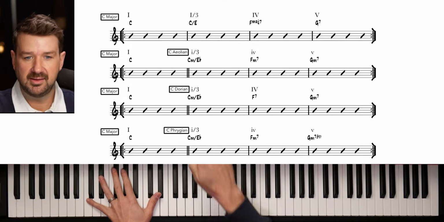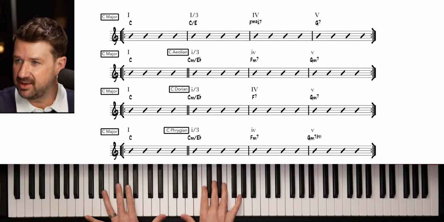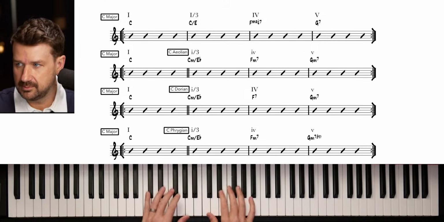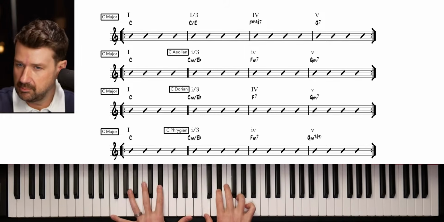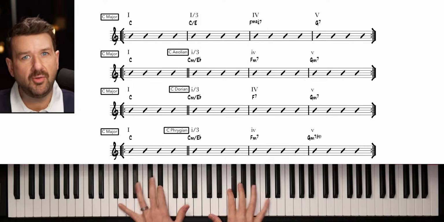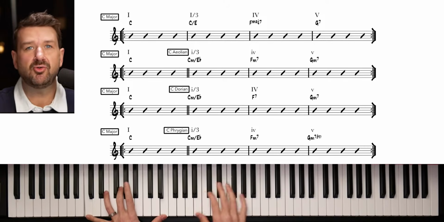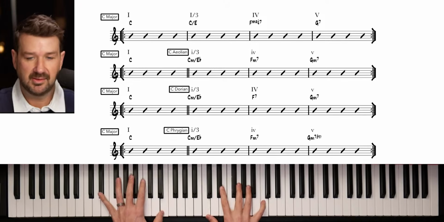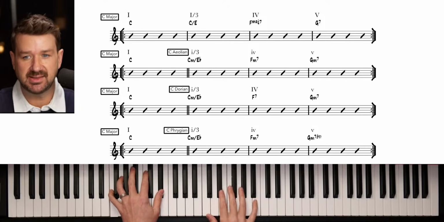Let's try our third line. You can hear the difference here. Now there's an F dominant 7 instead of an F minor 7. Check that. 1, 2, 3, and the third line from the top. It's a whole different feeling. And again, this is just an incredible way to write music, to write chord progressions, to change things up.